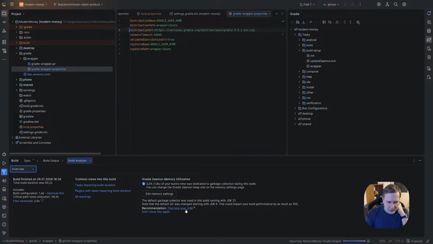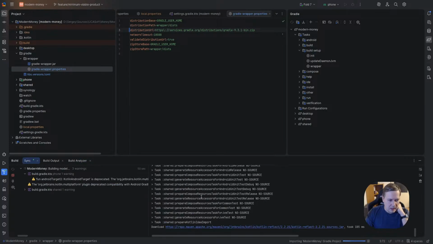I didn't pay attention to it before: the default garbage collector uses the running JDK 21. Note that the default garbage collector was changed starting with JDK 9.